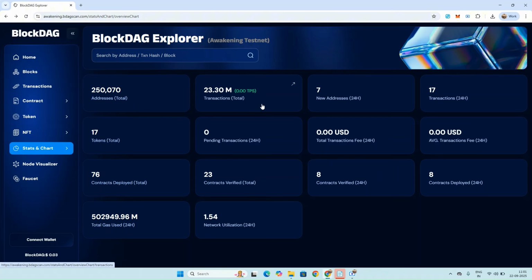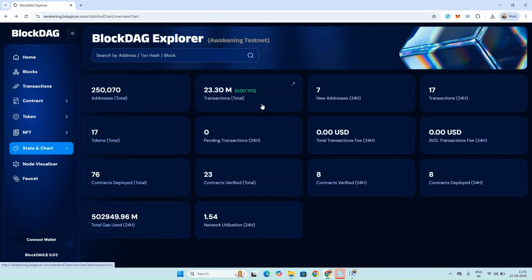Then we have the new addresses being created in the last 24 hours, with the percentage. It highlights the daily user growth and can indicate interest in the project or an event. Then we have the transactions that have been processed in the past 24 hours. It helps users view the short-term network usage, and it can also help them detect a network activity spike.